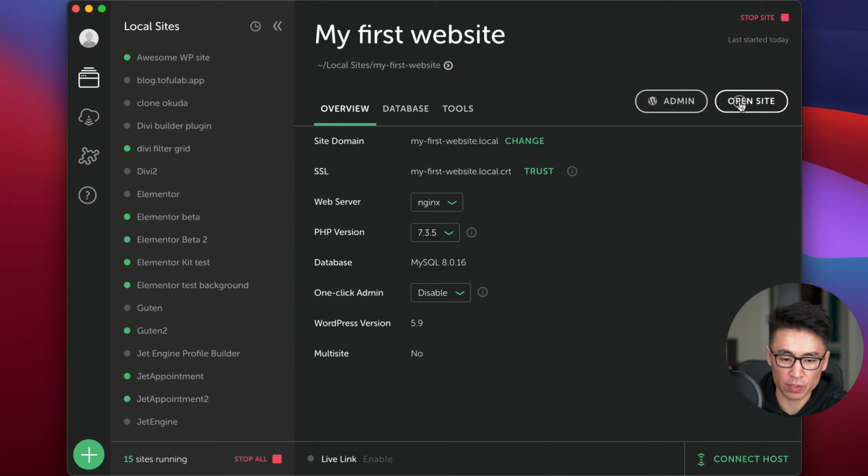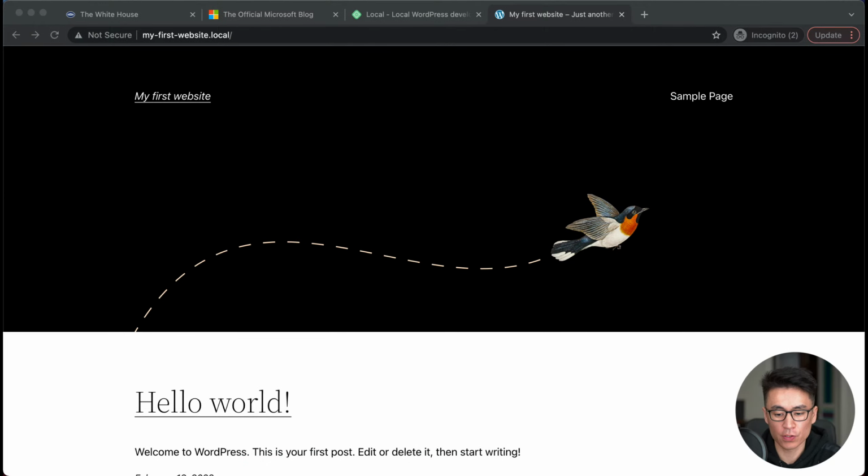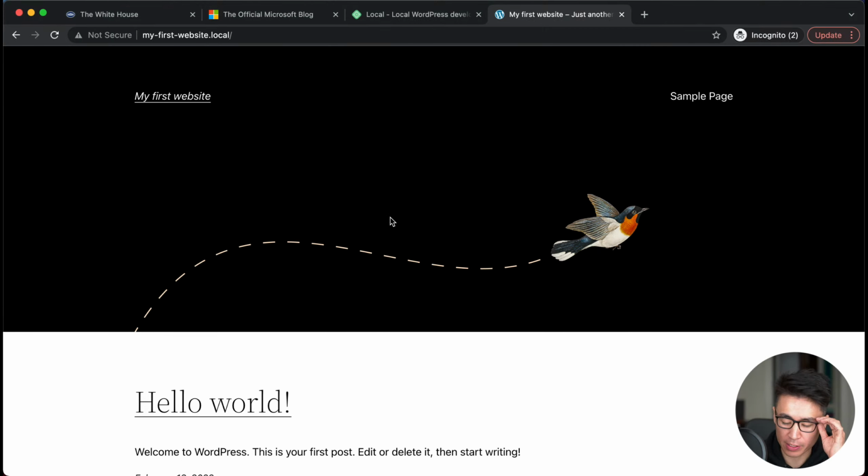I'm gonna press open site. Sorry, the screen has to change. So I assume this is what you're seeing if you open a site. The URL might be different from mine, but it looks like this.